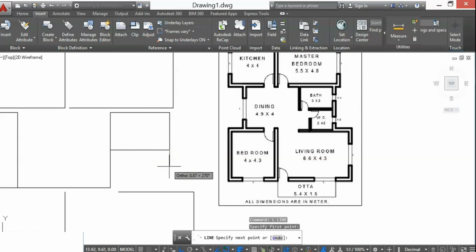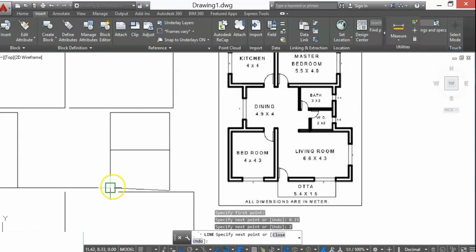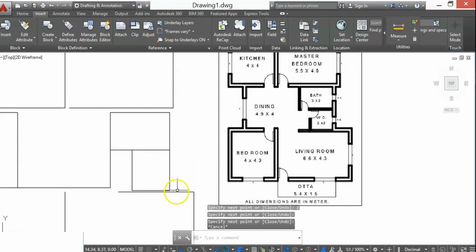Again I add wall thickness 0.15, enter, 2, enter, and length is also 2, so 2, enter. So I'll get a profile of the WC.